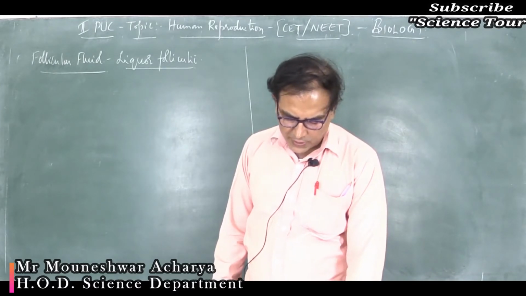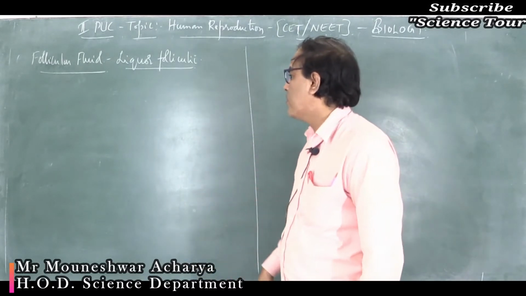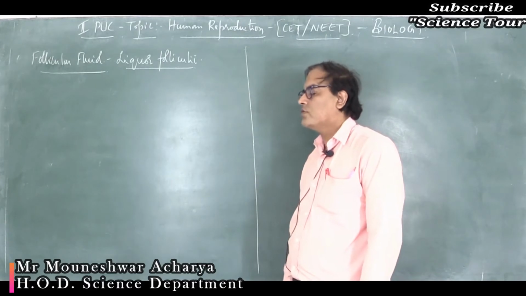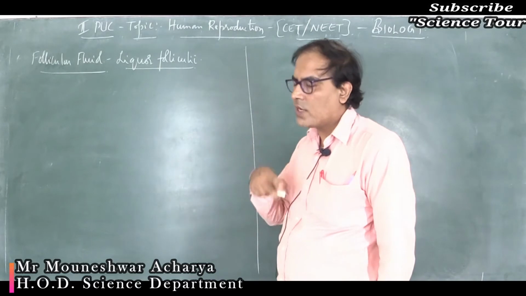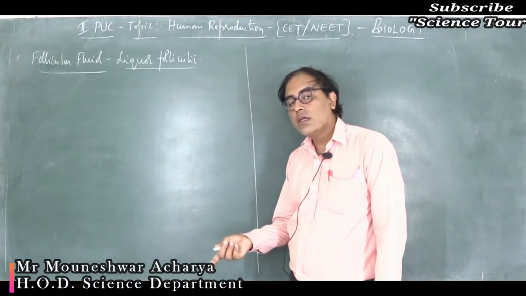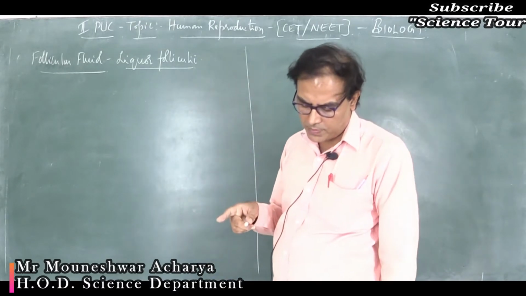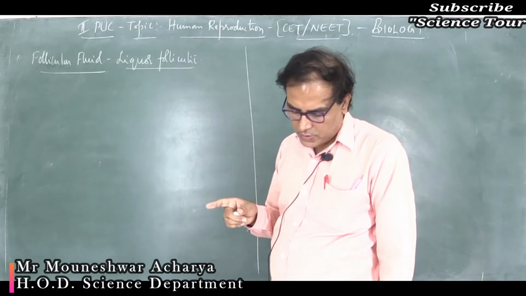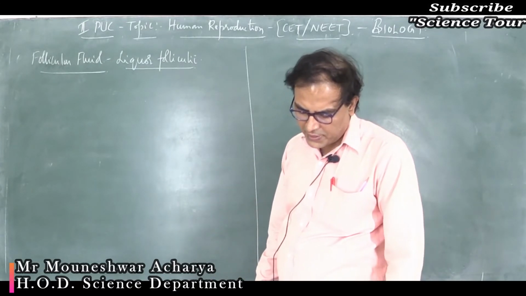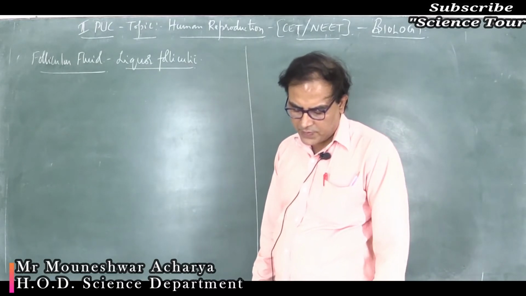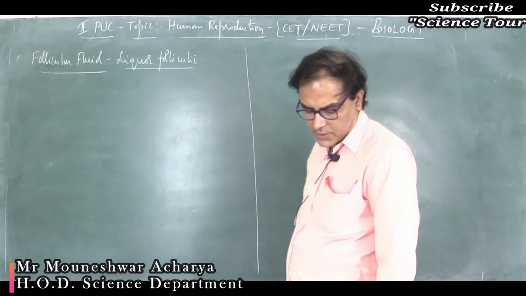Trophectoderm cells, or simply trophoblast cells. They are nothing but the outermost layer found on the blastocyst. The mammalian blastula is called the blastocyst. So the outermost layer of the blastocyst is called the trophectoderm. These are the first to differentiate from a fertilized egg and further help in the development of the embryo. That is the third option.